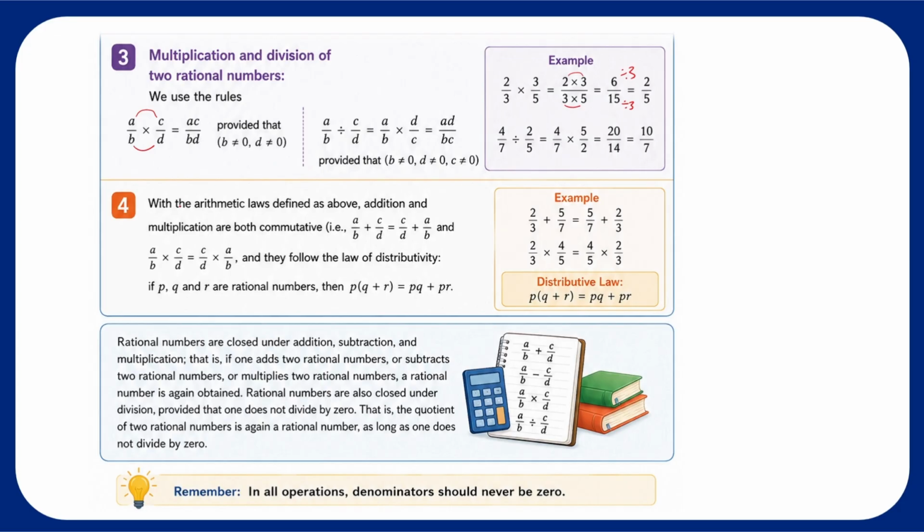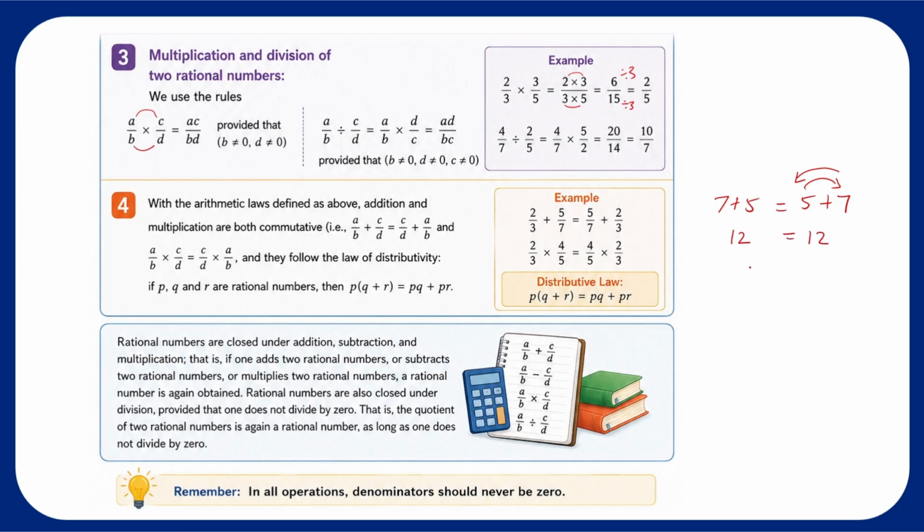The last one, with the arithmetic laws defined as above. Addition and multiplication are both commutative. As for the whole numbers, 7 plus 5 is the same as 5 plus 7. So what is the commutative property? Commutative property is when the numbers swap their places. So it is true because 7 plus 5 is 12 and 5 plus 7 is also 12, because the